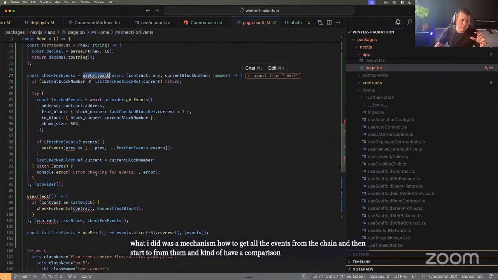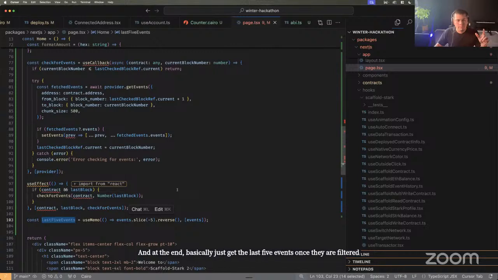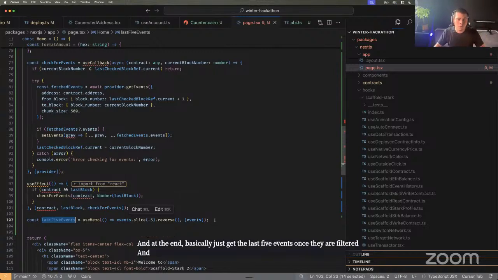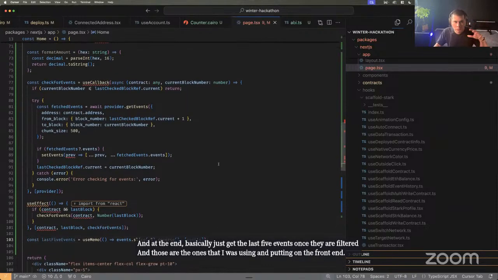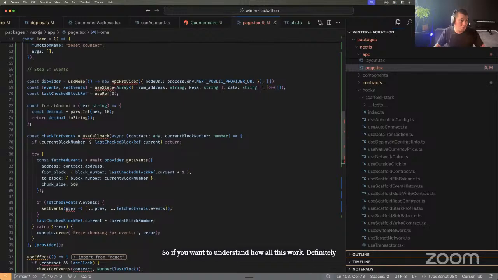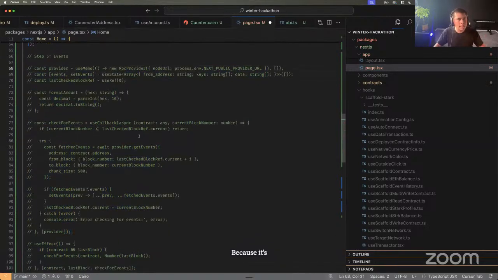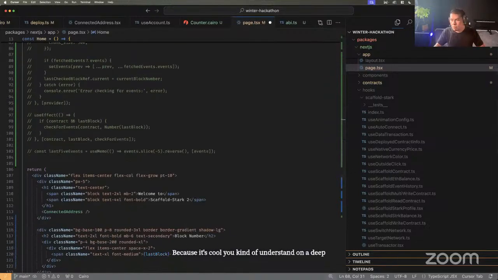And at the end, basically just get the last 5 events once they are filtered. And those are the ones that I was using and putting on the front end. So if you want to understand how all this works, I would definitely recommend you to do it, because it's cool. You kind of understand on a deep level how it works. But if you just want to make it work,